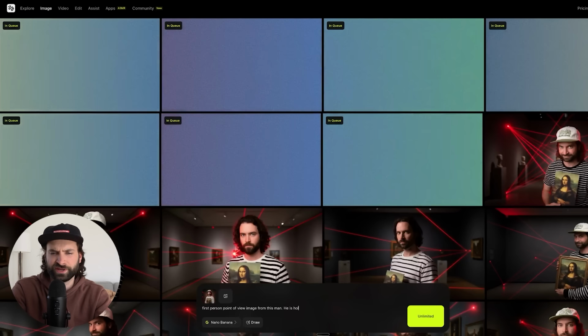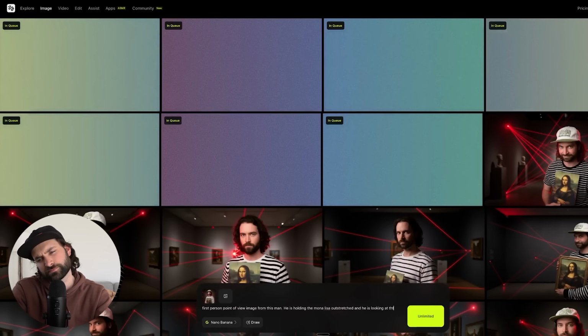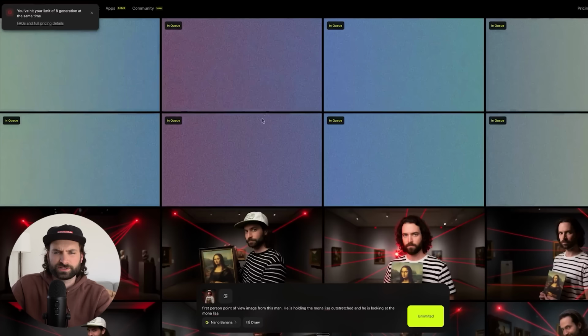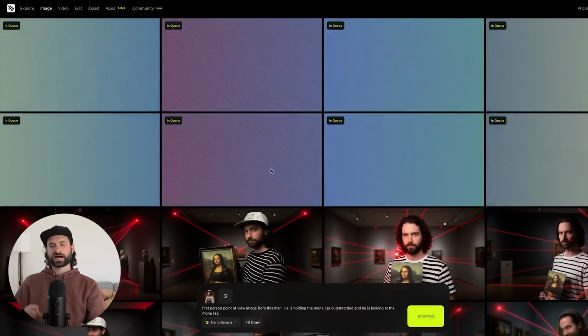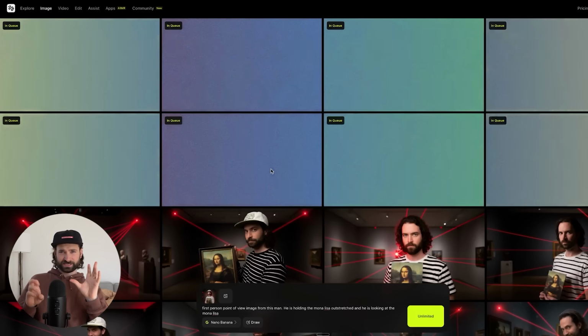He is holding the Mona Lisa outstretched, and he is looking at the Mona Lisa. Okay. So we're just generating a couple of different angles of this scene, and I'm going to show you how we can now have that consistent character manipulated and doing lots of different things in the same